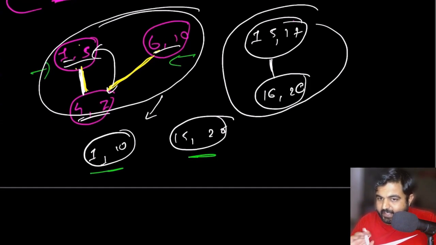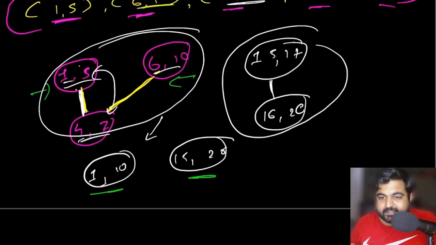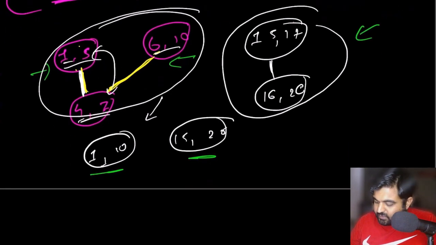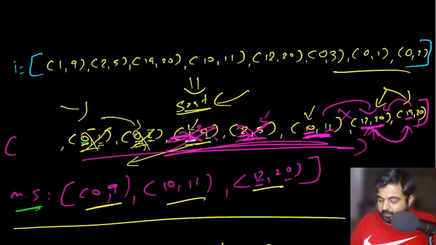This is just for example purposes. This is a suboptimal solution. Why is this a suboptimal solution? Because in order to generate this graph, it is going to take us big O of n squared time. And that is why the time complexity is suboptimal compared to our optimal solution.